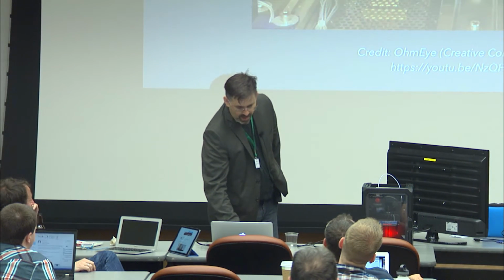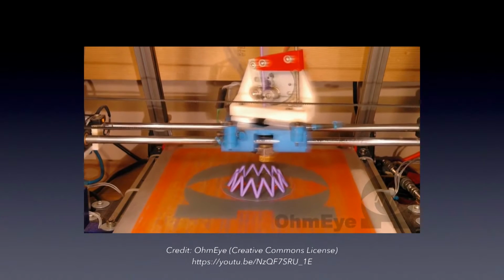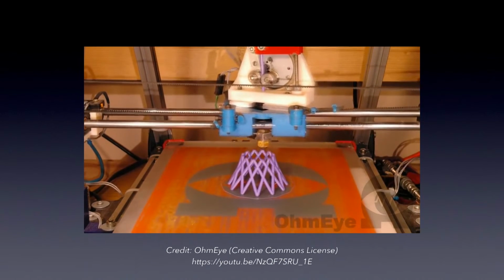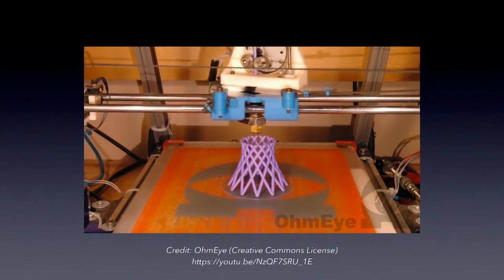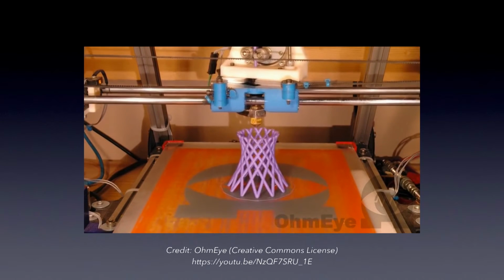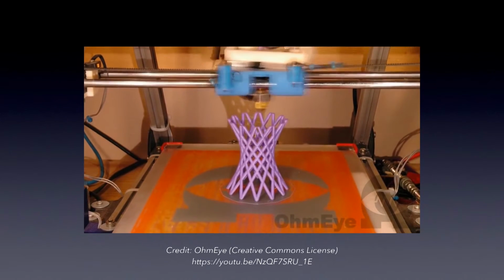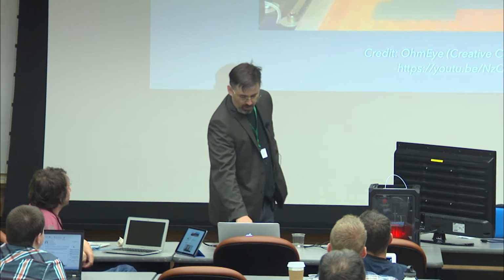Here's a slightly better video of it where you can see what this looks like as it's printing the overall vase. Now, let me just assure you, this is not real time. This is very far from real time. In fact, in a bit, I'm going to show you something that me and Anthony watched about 3-4 days ago that pretty much made us just go, ah, because it was in real time. But the problem with this is,